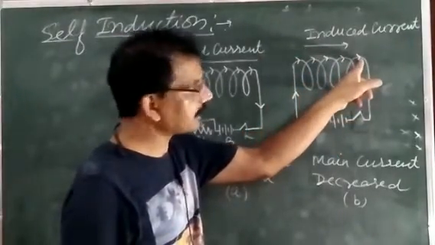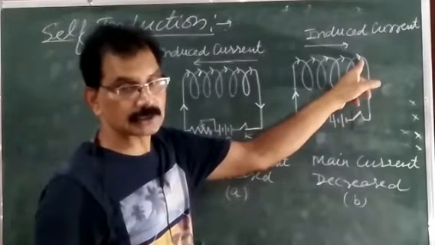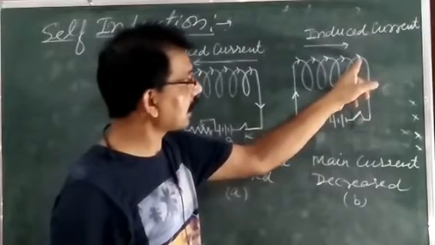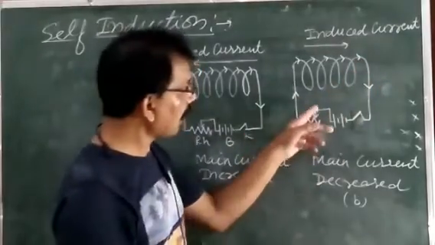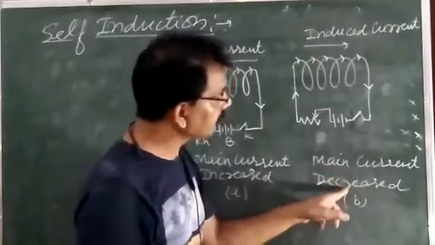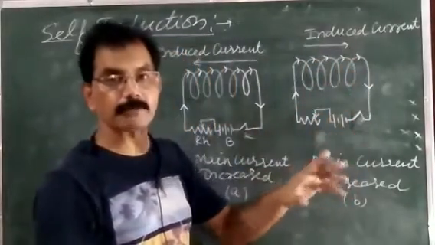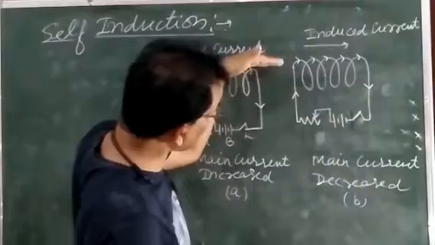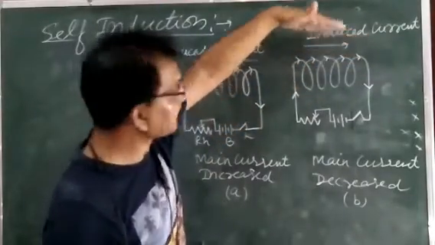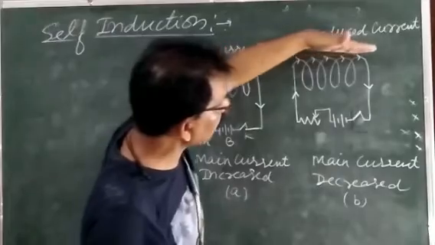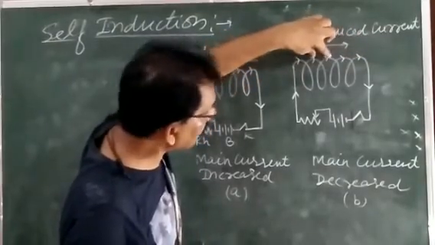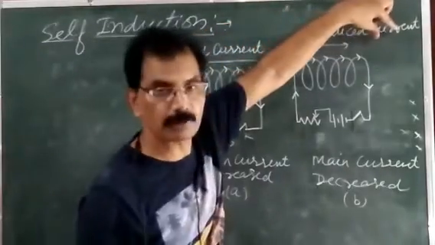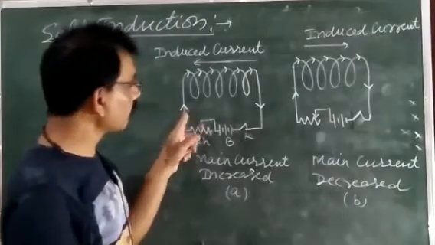अगर ये main current decrease की जाएगी तो again an induced EMF is set up here as well as the induced current, but the direction of that induced current is such that it tends to increase the main current, क्योंकि मेन करंट जब घटेगी तो इसमें जो इंड्यूस करंट होगा वो चाहेगा कि मेन करंट को बढ़ाएं. But for this purpose, in this case the induced current will take place in the direction of the main current. यहां पे इंड्यूस करंट मेन करंट के डायरेक्शन में हो गया, क्योंकि मेन करंट घट रही है तो ये इंड्यूस करंट मेन करंट के घटने का अपोज करेगा, इसलिए इसी डायरेक्शन में चलकर उसको बढ़ाना चाहेगा। और यहां पे मेन करंट बढ़ रही है